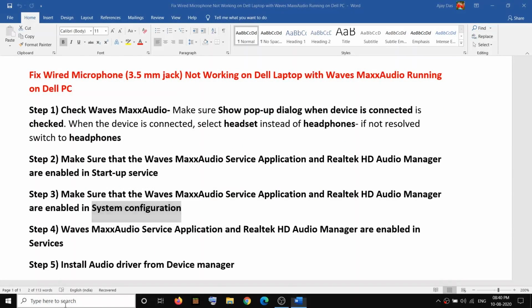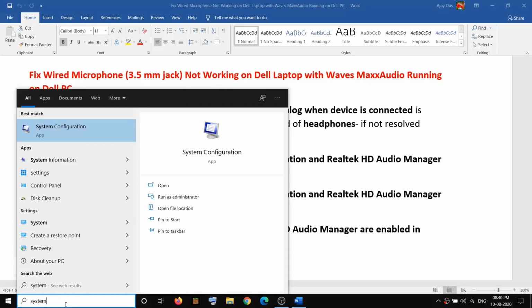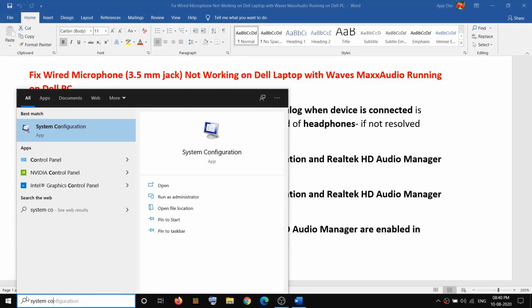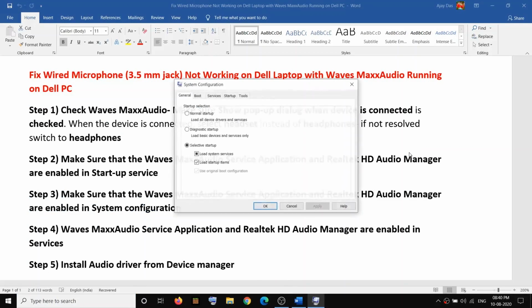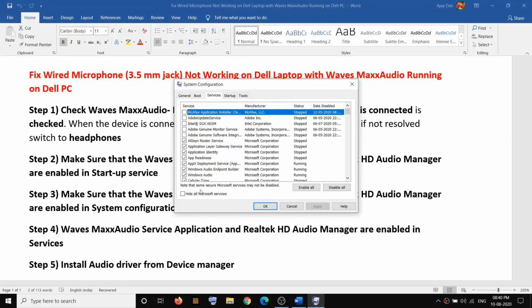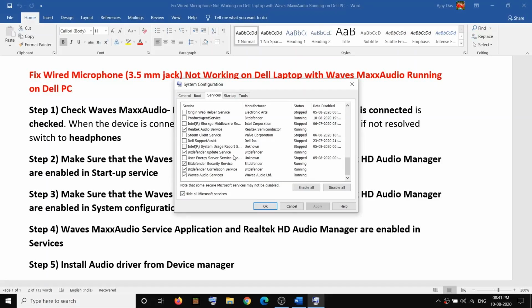So you can type in system configuration in Windows search and then click on system configuration. Go to the services tab and then put a check on the option which says hide all Microsoft services. Put a check over here and then scroll down and find Realtek Audio Service.